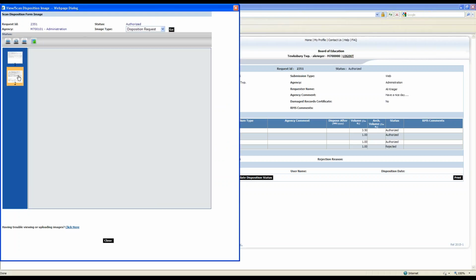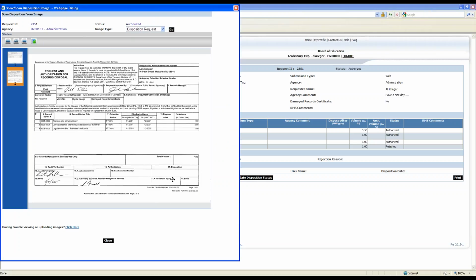In the lower right-hand corner of that form, in section 17, after you've destroyed the records you would fill this out saying that you've disposed of those records and the date you disposed of them, and then you would send that final copy of the 4-part form back to the state to let them know these records have been destroyed.